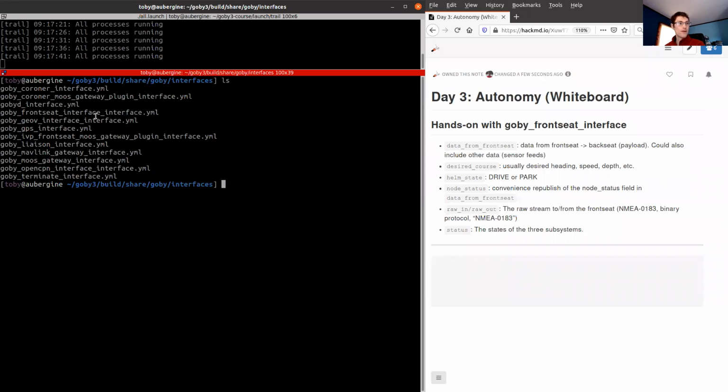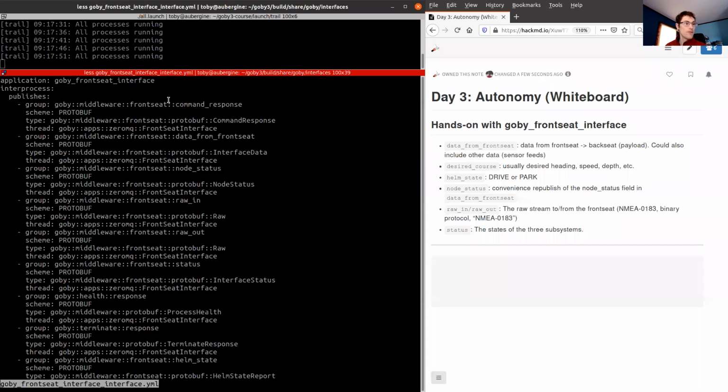But the one for the Goby front seat interface is this one. So if we look at that YAML file, we see the full publish subscribe interface.